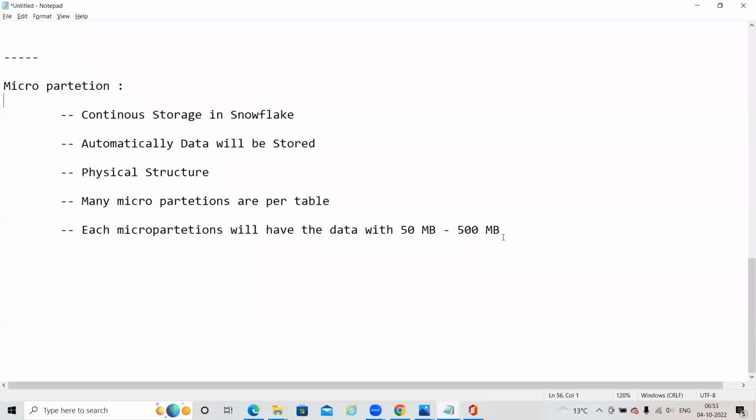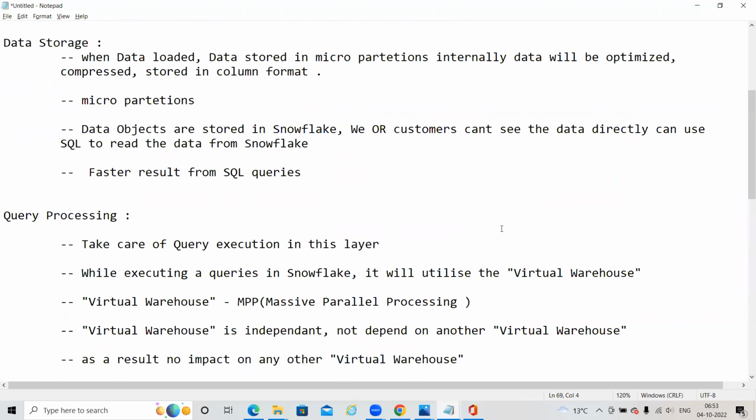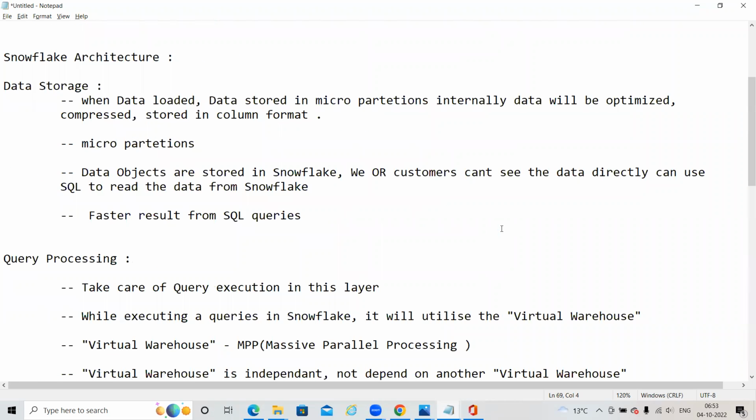I want a response from you all. Do you have any queries on this? This is a very basic concept in Snowflake. If you don't understand the architecture and the micro partition concept, it will be difficult. Virtual warehouse will be discussed in detail in the next class. But I need at least a thorough understanding of the Snowflake architecture and micro partition, then only it will be good to proceed in the next class. Can you let me know, anyone?